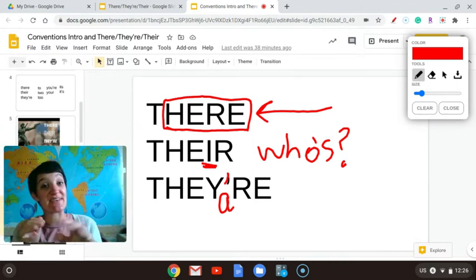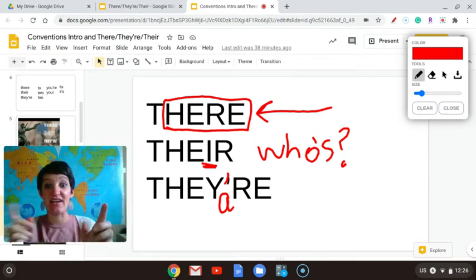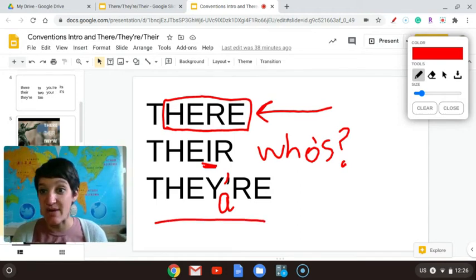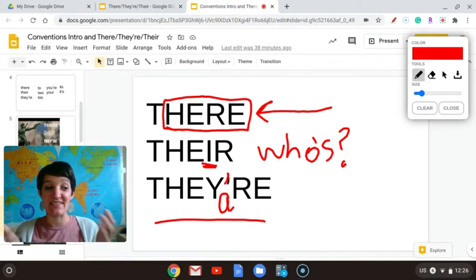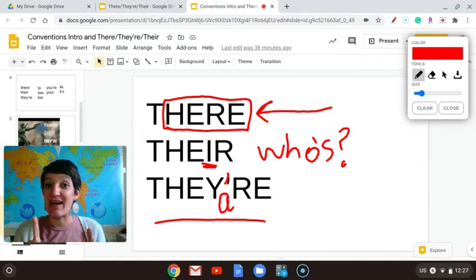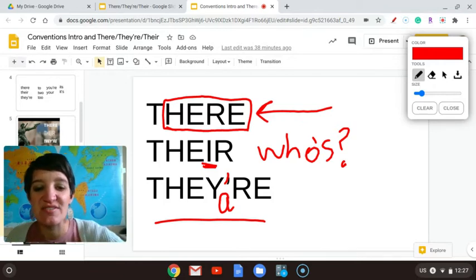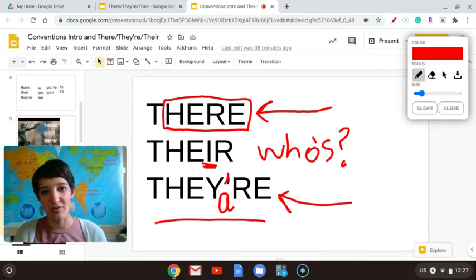And if the sentence makes sense with "they are," then I know it needs to be the "there" with the contraction. For example, the video said, "They're going to be really mad that we're taking their motorcycle." Does that sentence make sense if we said "they are"? Let's try it. "They are going to be really mad that we're taking their motorcycle." That sentence totally made sense, which is why this "there" worked, okay?